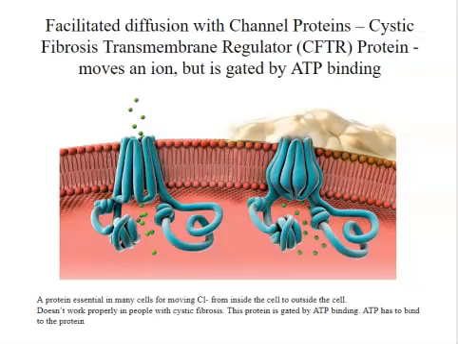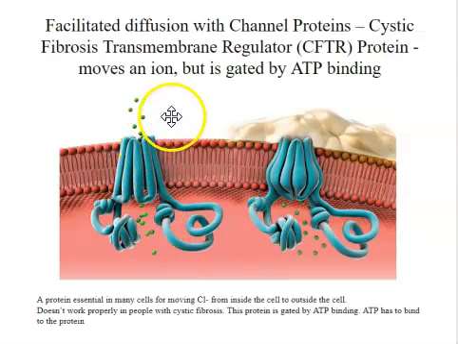Another example of facilitated diffusion with channel proteins is the cystic fibrosis transmembrane regulator, or CFTR protein, which we all have. This is a protein that moves chloride ions, and it is controlled not by voltage, but by the binding of ATP to an inner part of the protein itself. On the left, we have a normal CFTR that's functioning to move chloride ions down a concentration gradient, here moving